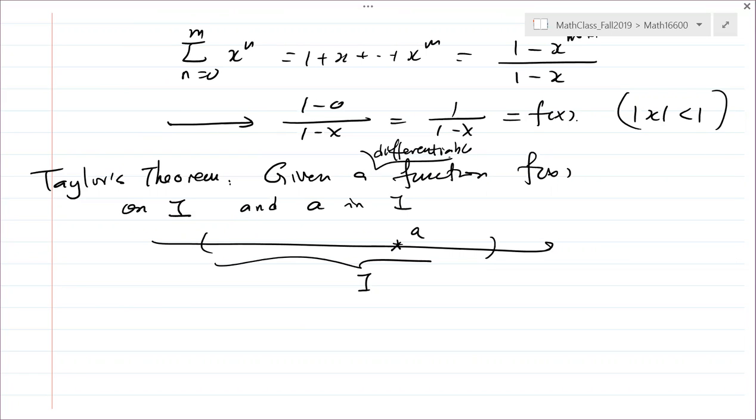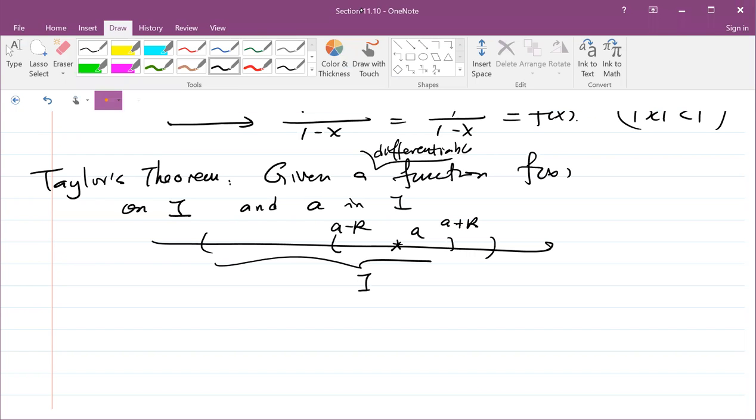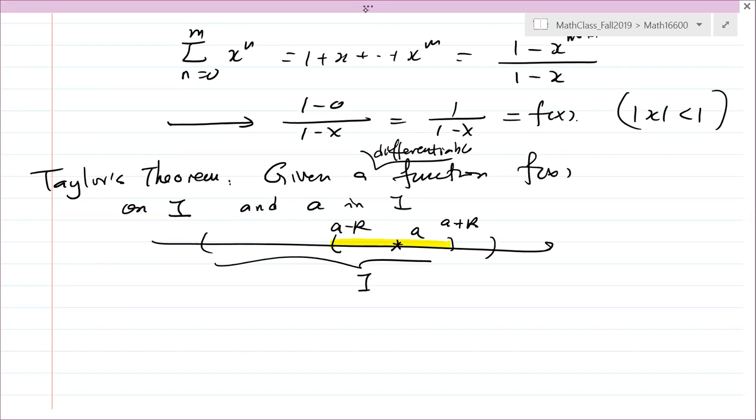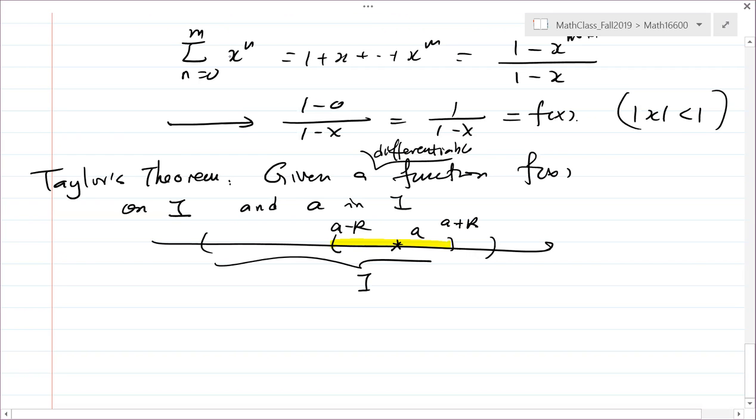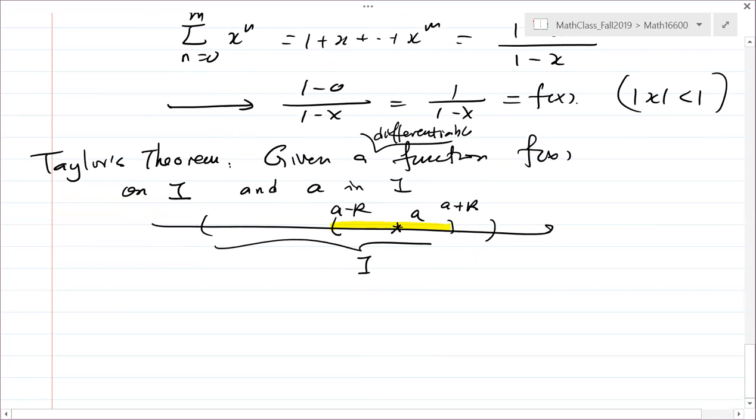Maybe I do not get the largest possible interval, but it's a minus r, a plus r. It's not necessary to touch the endpoint. If the function can be represented by a power series over that small interval,